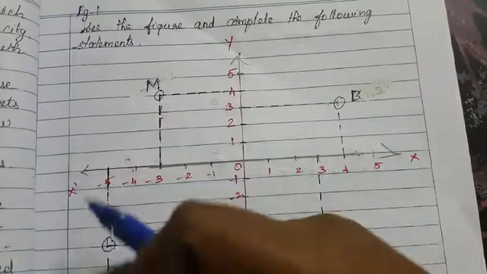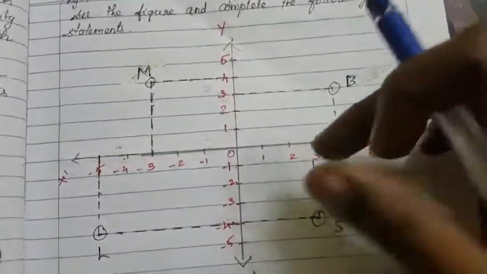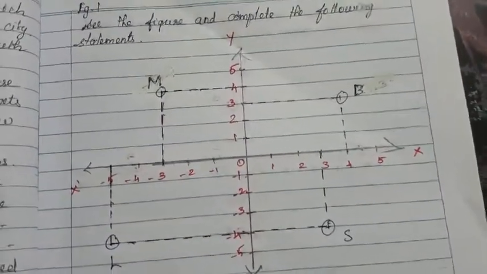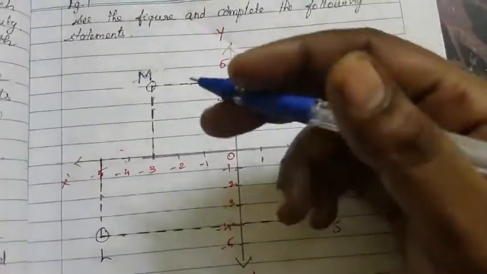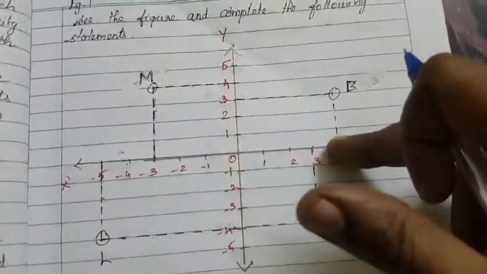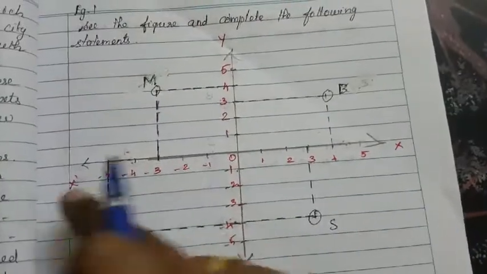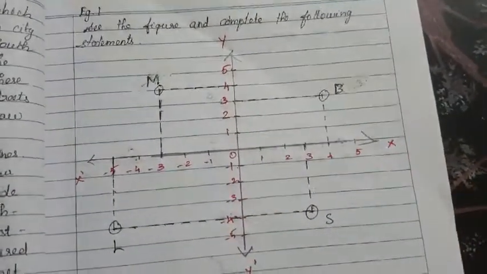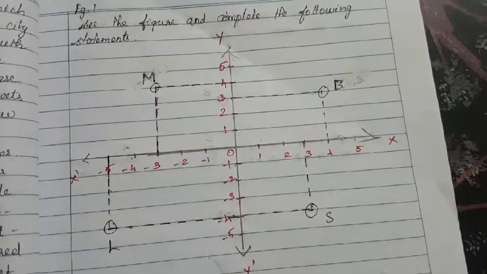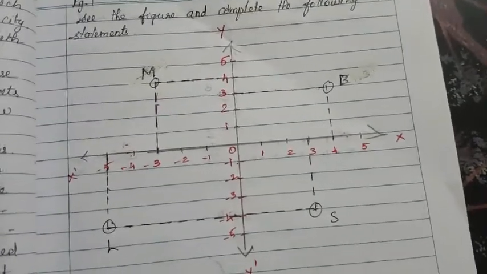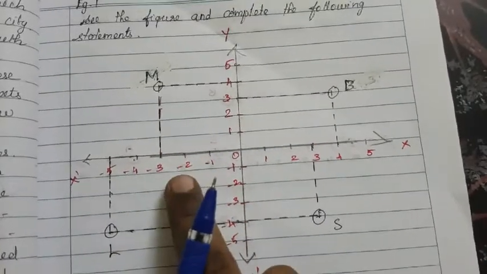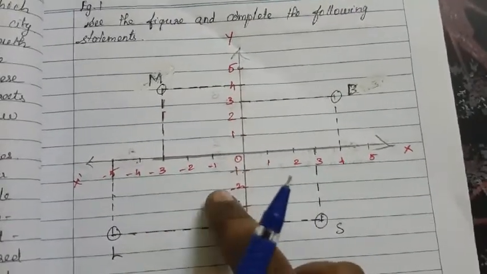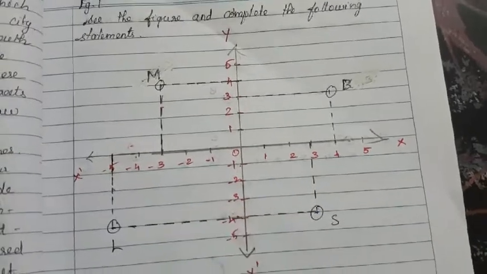is called a plane, right? For example, this is your Cartesian plane. In this plane, if you want to locate the position of any object, we need two perpendicular lines, right? One of them is horizontal and the other is vertical. So we need two perpendicular lines, called the x-axis and y-axis. This plane is called a Cartesian plane. You can say it is a Cartesian plane, a coordinate plane, or the xy plane.